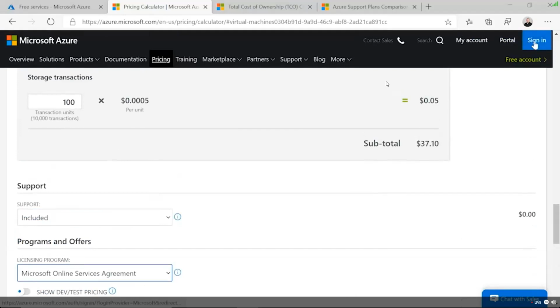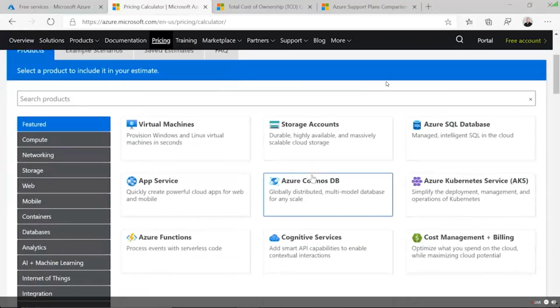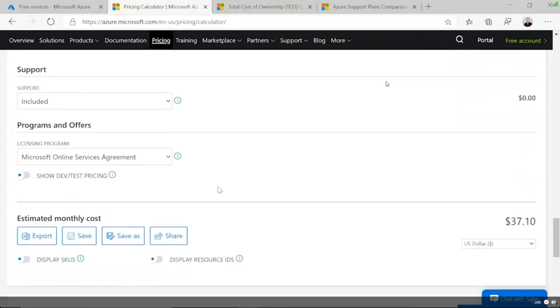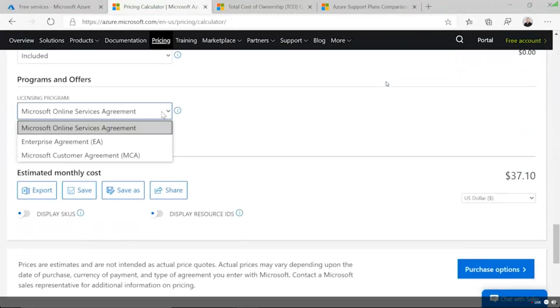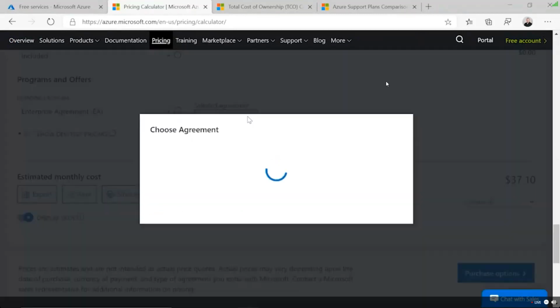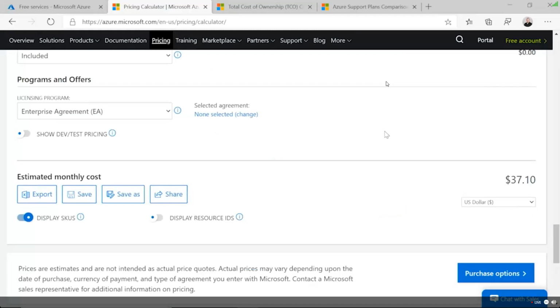So all I'm going to do is up here in the right-hand corner, just sign in. And I'm going to go ahead and sign in with my Microsoft credentials, and it actually auto signs in for me. And I'm going to scroll all the way back down to my calculator. And now notice at the bottom of this list, it used to say Microsoft Online Services Agreement. Now it says EA Agreement. So I can actually select EA, and I won't be able to fully show this, but it's there, and select my EA agreement for my customer or whatever I have. And what will happen to this calculator, somewhat magically, is it'll put your EA pricing inside of it. And because we're Microsoft, we don't have EA agreements, obviously, but that's where you can get your real pricing.